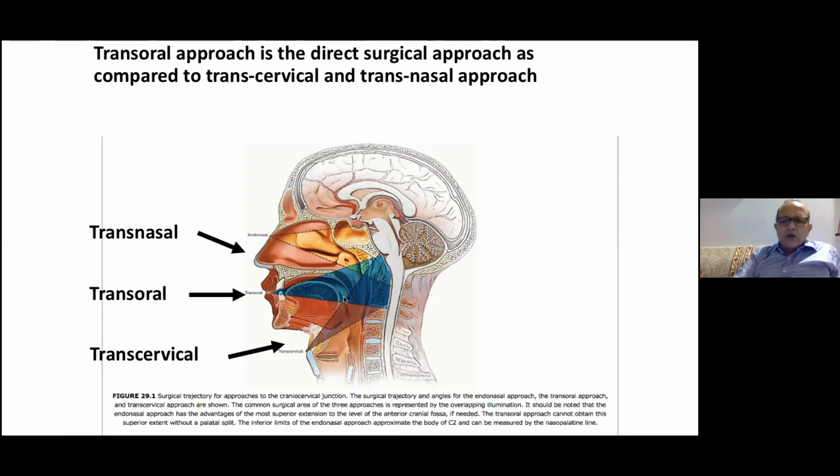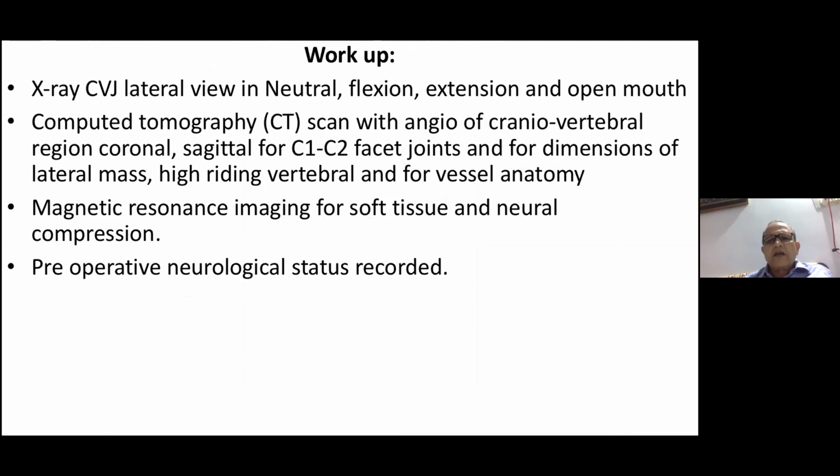So I'll be telling you how the angle of mandible can be mobilized, and I have suggested a maneuver in which even the mandible will not cause any problem. We can use a large tubular retractor, which I'll deal later on. So these two approaches, transnasal and transcervical, are oblique approach and they provide narrow corridor, whereas transoral approach is the best, but it has limitations of infection, which is not very big, because we have done a significant number of patients now, and so far we